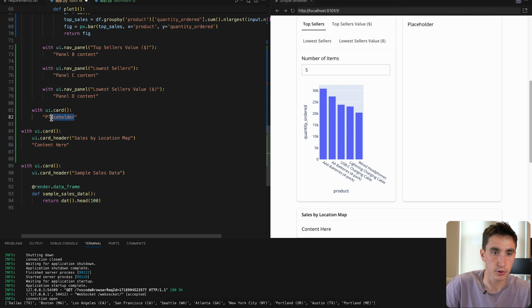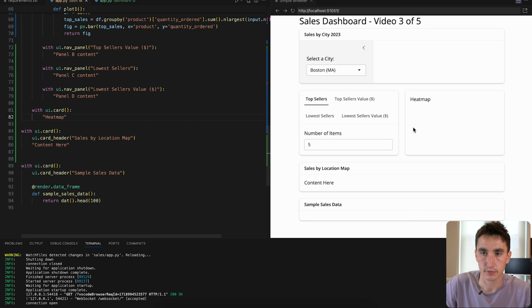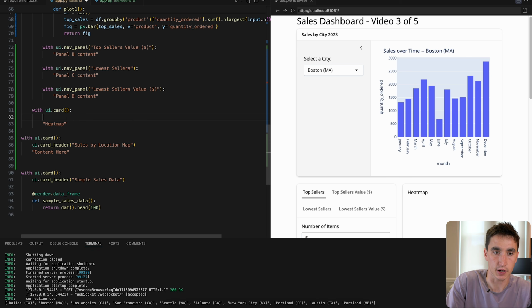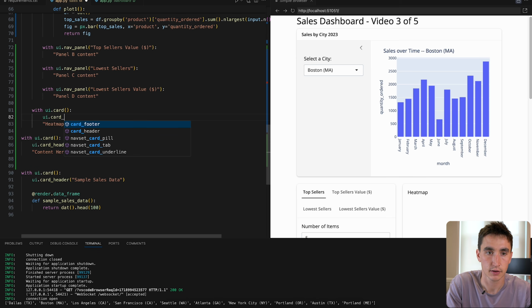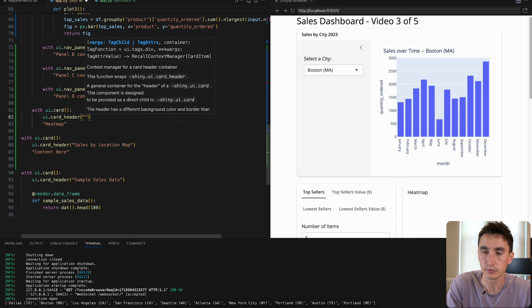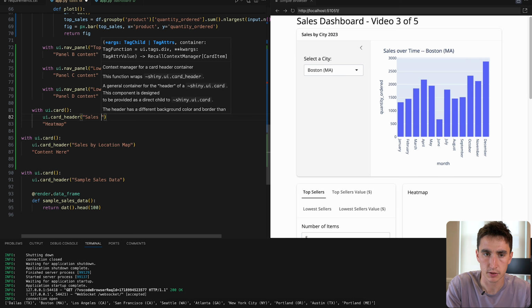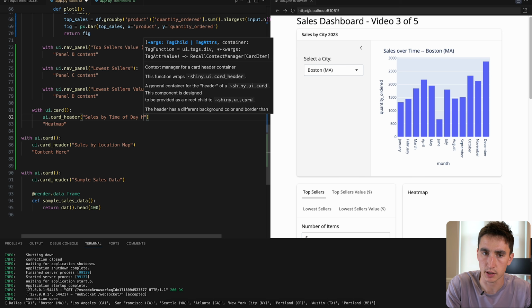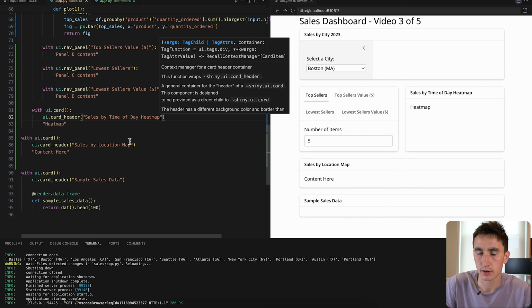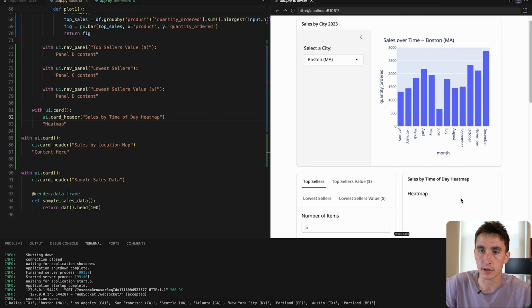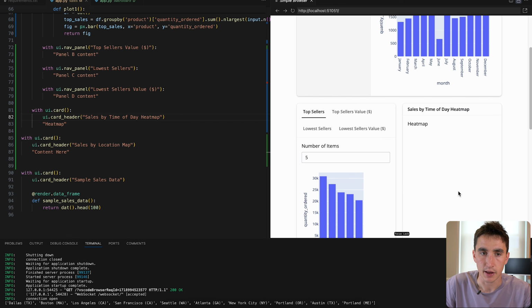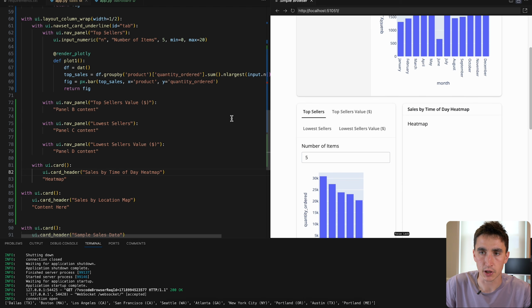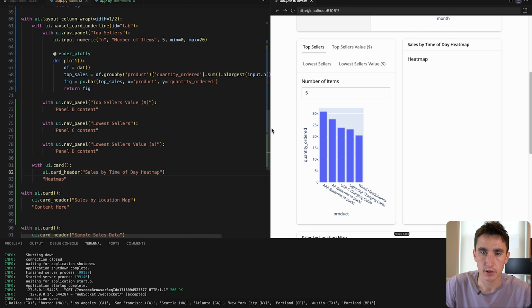This placeholder was a heat map. So I could also add a card header here. And this is basically going to be sales by time. So sales by time of day heat map, I might say here is the header. And we can fill that in videos 4 and 5. And then finally, I think the last thing we really want to do in this video specifically is